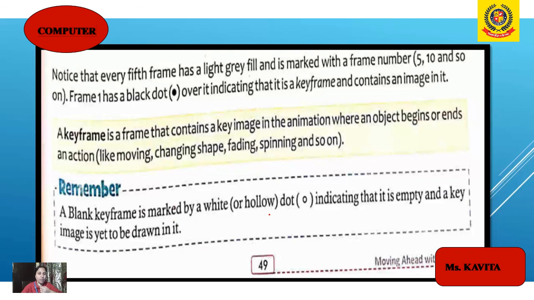So children, whatever I have explained, you have to draw the diagram of all the things, complete the activity, and write all the terms to learn and let's recall of this chapter. Try to solve the book exercise, but after the end of the chapter I will give you the book exercise.